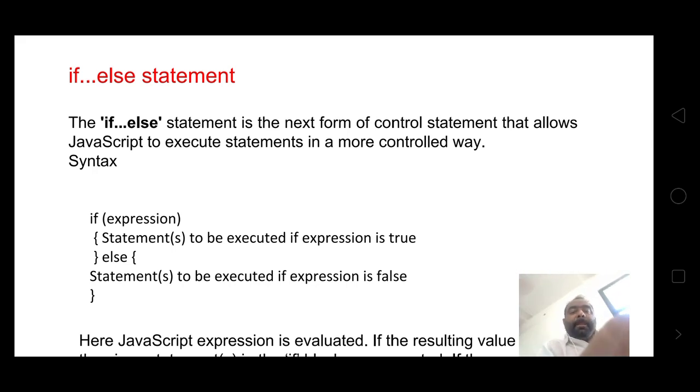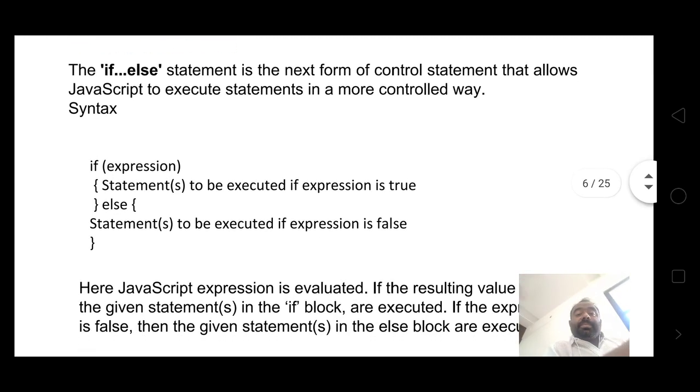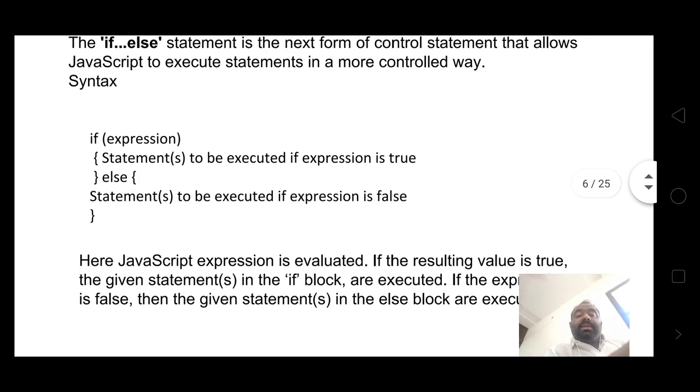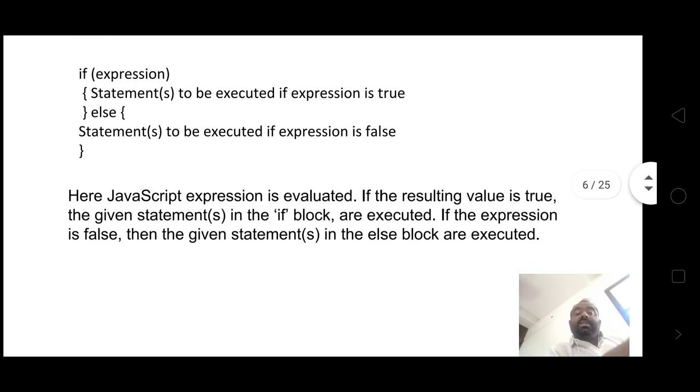The if-else statement is the next form of control statement that allows JavaScript to execute statements in a more controlled way. Syntax: if expression, statements to be executed if expression is true, else statements to be executed if expression is false.